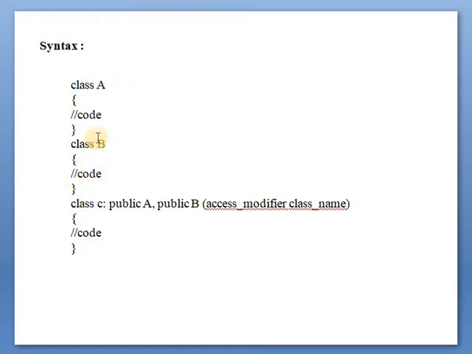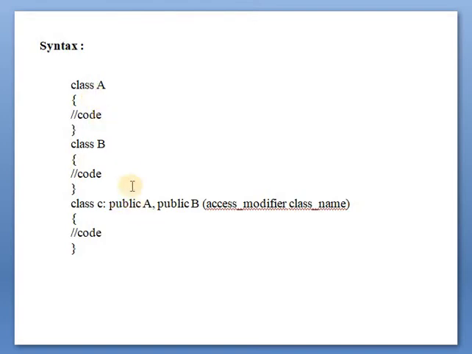Now in this syntax, class A and class B both are base classes, and now class C is the child class, also called the derived class, and it is derived from both class A and B. So here we are writing public as a keyword.